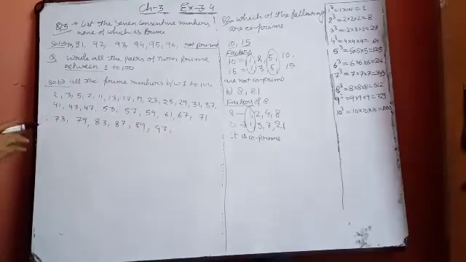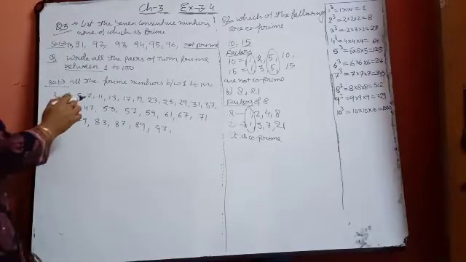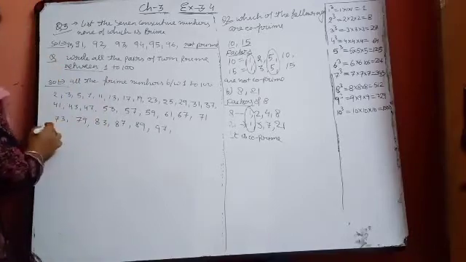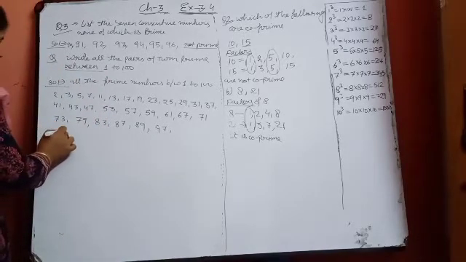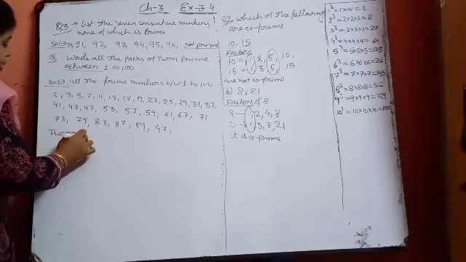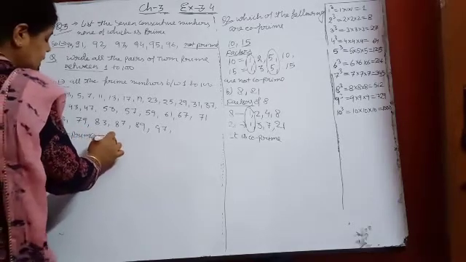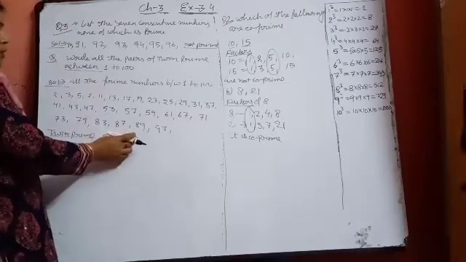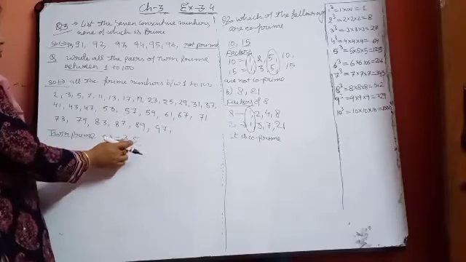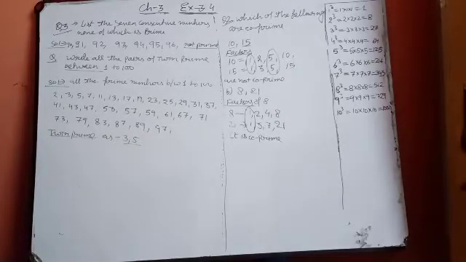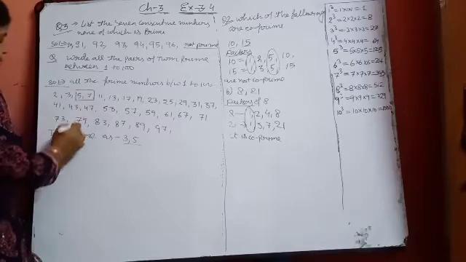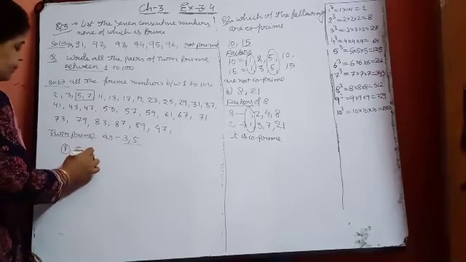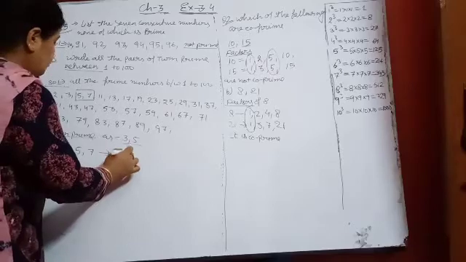Okay. Now you can see that we have to select the twin primes. You know that I taught you the definition of twin prime in the previous class. Twin prime means, as 3 and 5 are twin primes, they have a difference of 2. The continuous prime numbers which have a difference of 2 are known as twin primes. If you see, the first pair is 5 and 7. 5 and 7 are twin primes. Okay, they are twin primes.